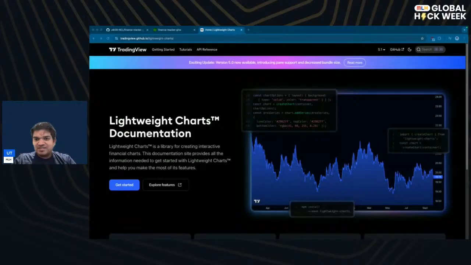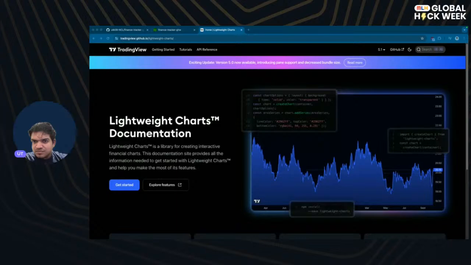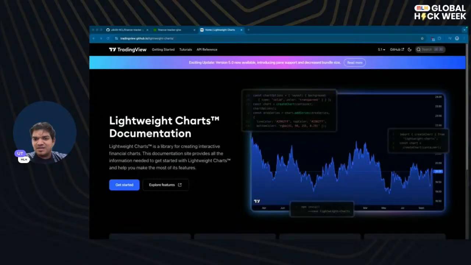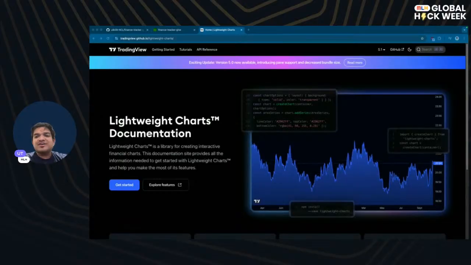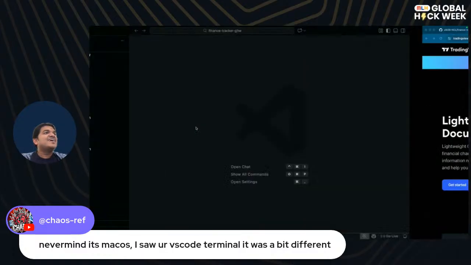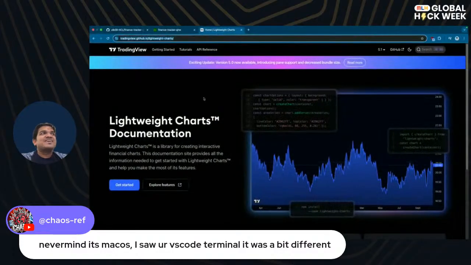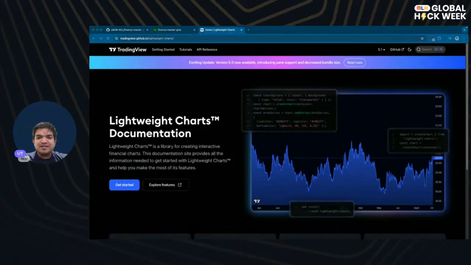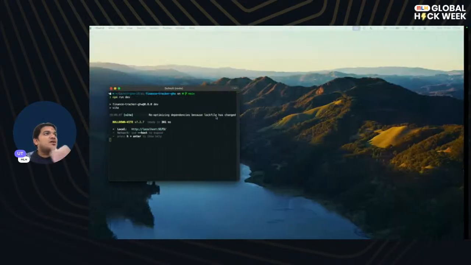And what else? Okay, I like this better rather than that. Okay. Oh, sorry about that. Yeah, I'm using Mac, and that is VS Code. Yes. Okay, so